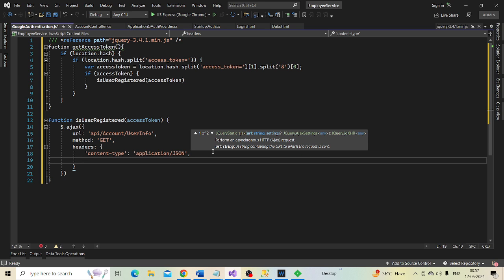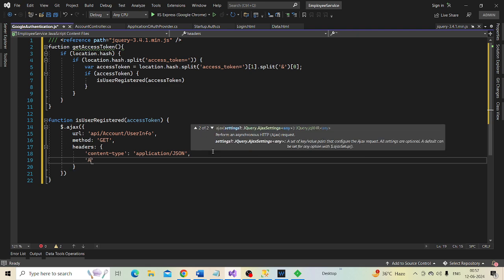And let's also specify the authorization header. The value for this is the word bearer followed by a single space.